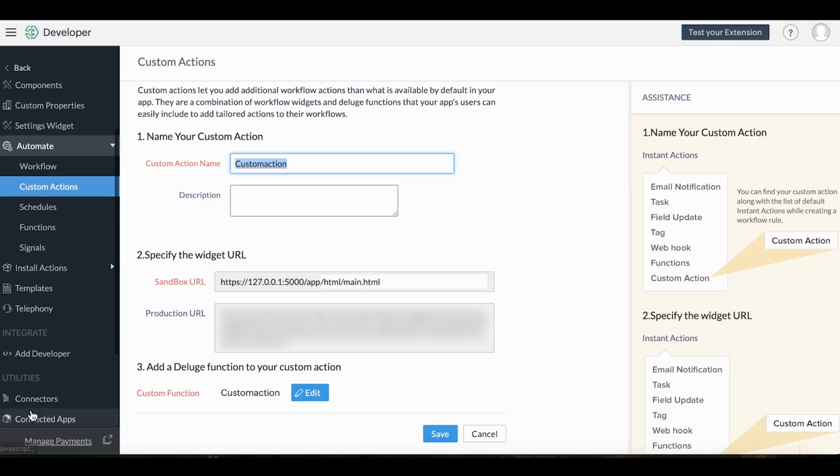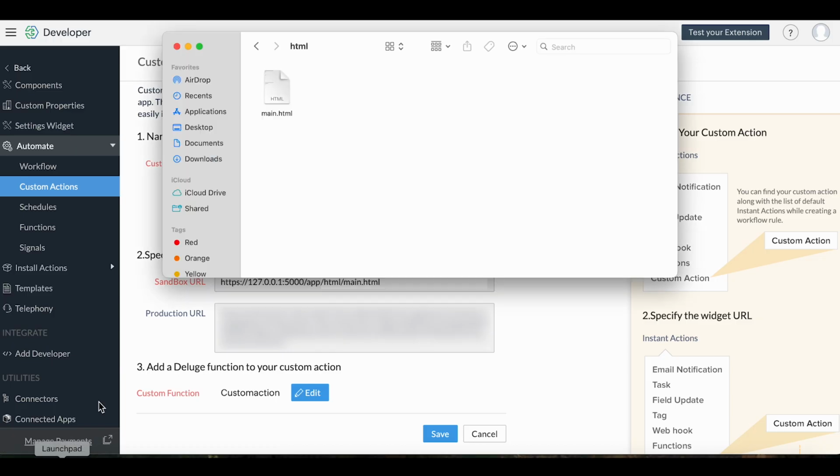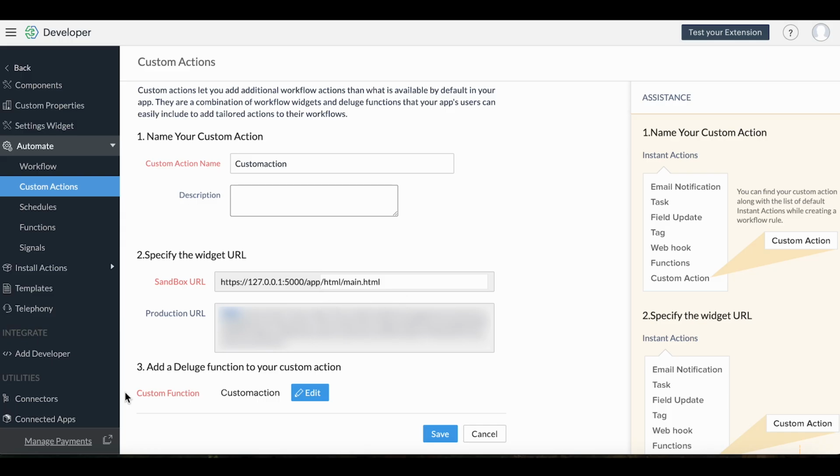Since I've already included this connected apps component, the widget project is associated. So whatever UI file I need to be rendered as part of our custom action, that particular file's path is what I have to give over here. Inside the app folder, inside the HTML folder, I have a file called main.html, which holds the custom user interface that I've created for our custom action. So that location is what I have specified over here.